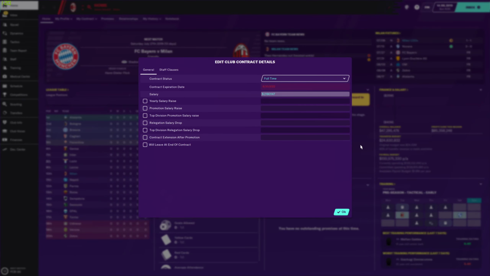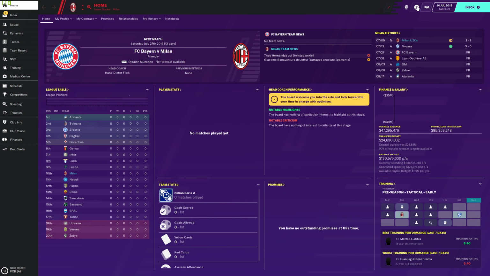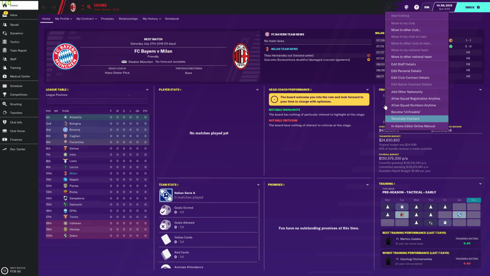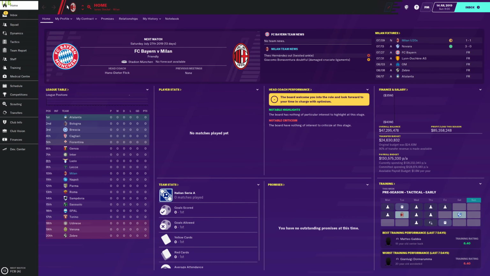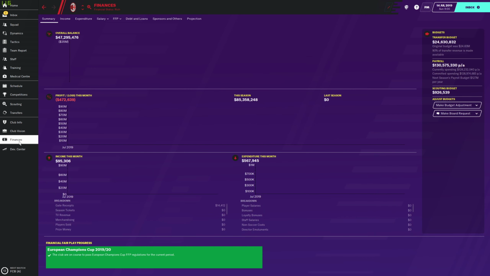Here, let me go back to this. So you'll have options for, like, say that we are on our home page. So we want to click on finances, click on the editor, which is that little pencil up on the top of your screen, and you'll see in-game editor online manual in case you want to understand some of the different functionality of what you could do for the changes on the financial side,